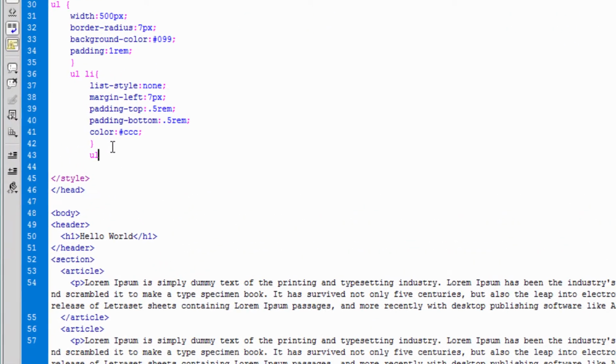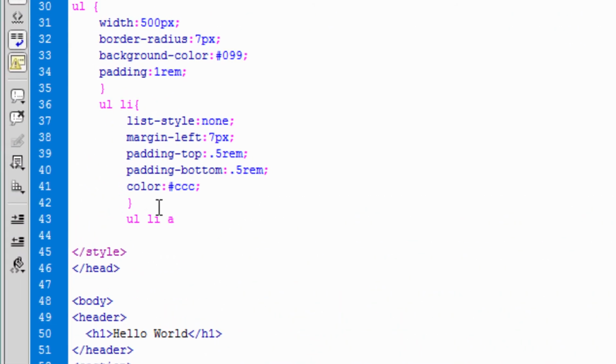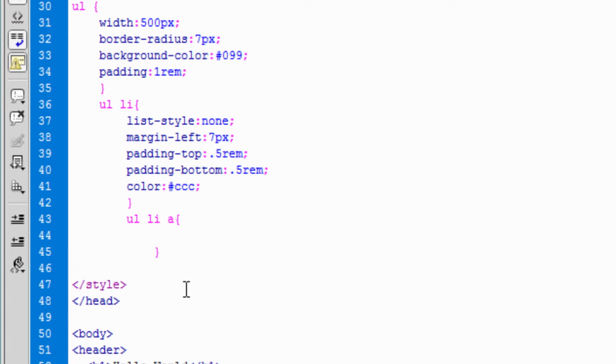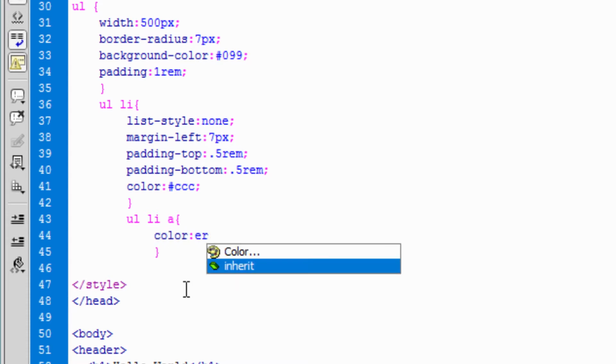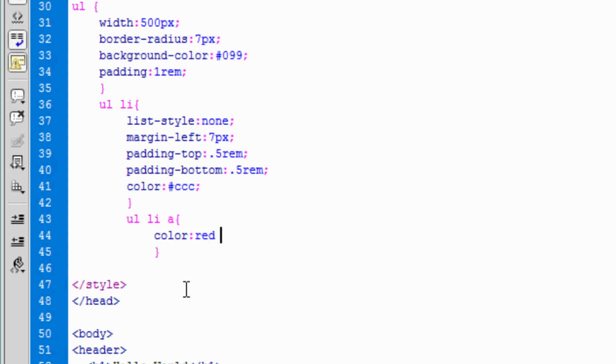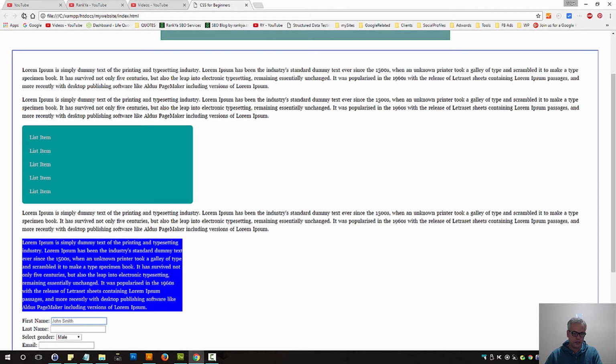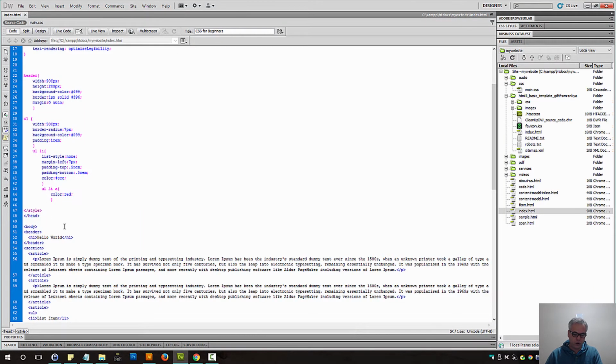Then we can become more specific by saying this. All the A's, A tag, which are links, found within list items, found within UL elements, should have color red. Save changes, and let's take a look at it. That's our link. While here,